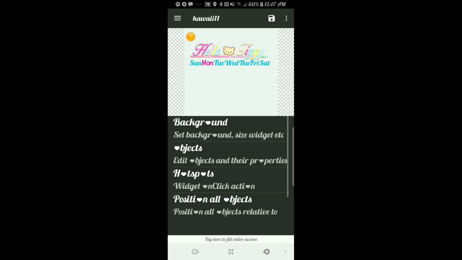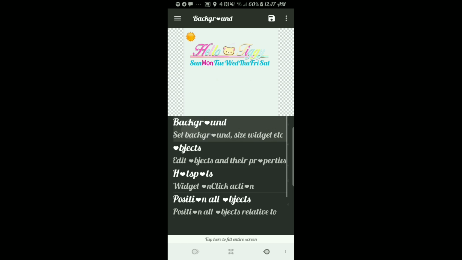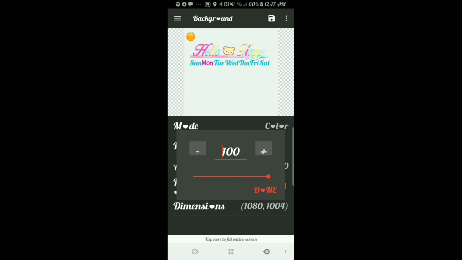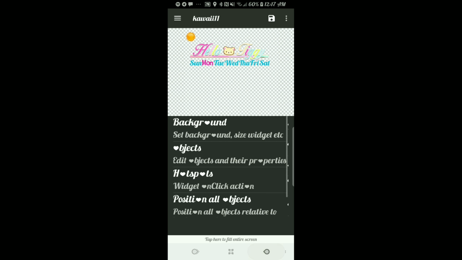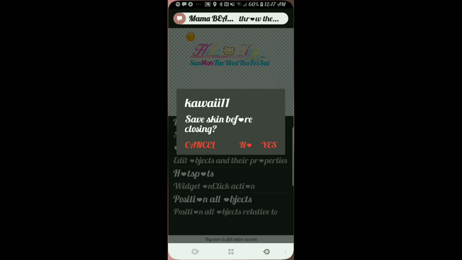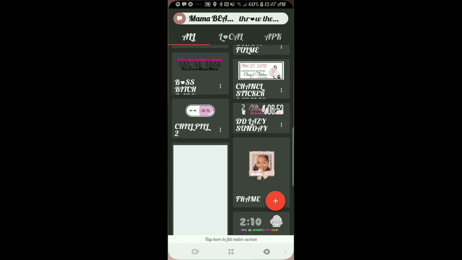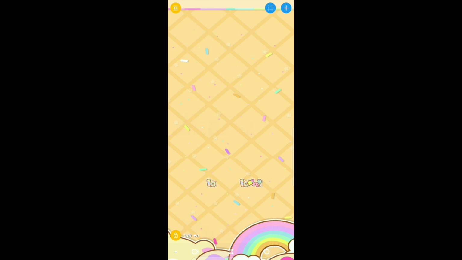When you're done, hit the back button and you're going to hit background, and then you're going to go to that alpha transparency, remember guys, and knock that down to 0. And then when I'm done, I'm going to hit back, and it's going to ask me if I want to save. Yes. So once you're done with that, you're going to hit your plus sign, hit widget